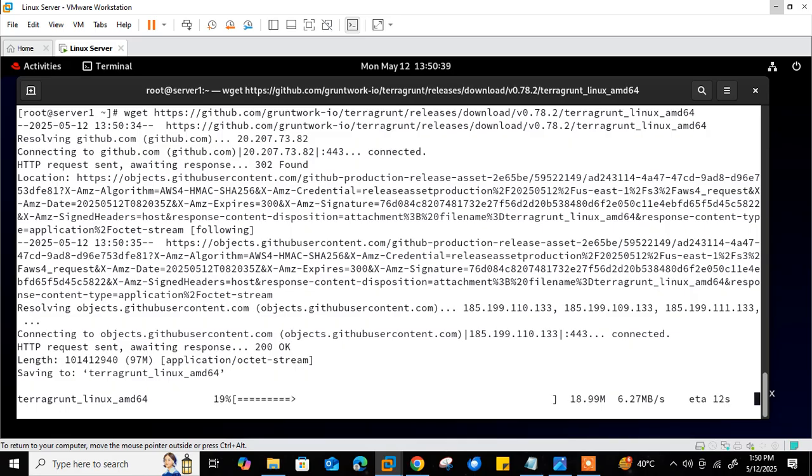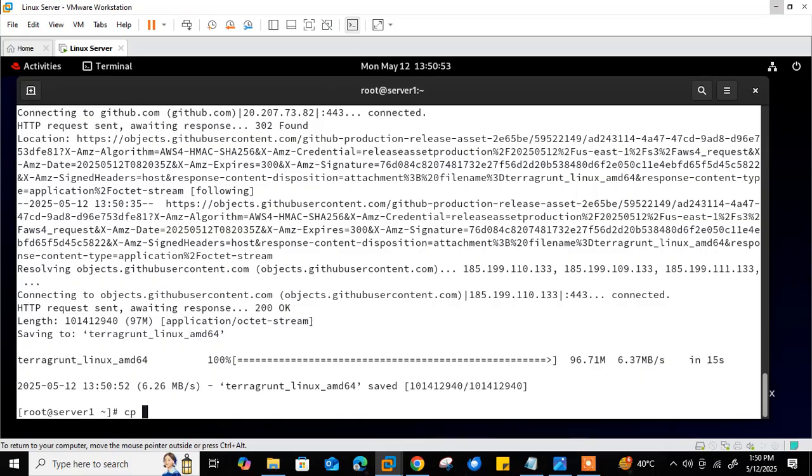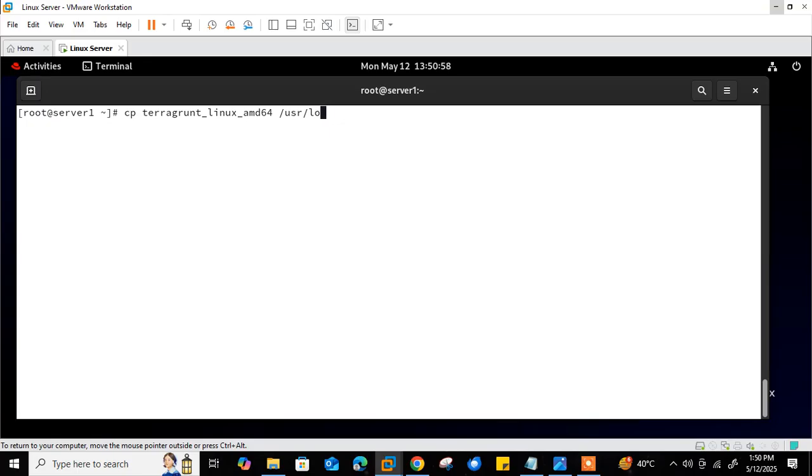Now it's fetching the file from there. Once it's successfully done, we'll copy it, make it executable and save it in the PATH. So now it's done. Let me move terragrunt to /usr/local/bin and then make it executable.